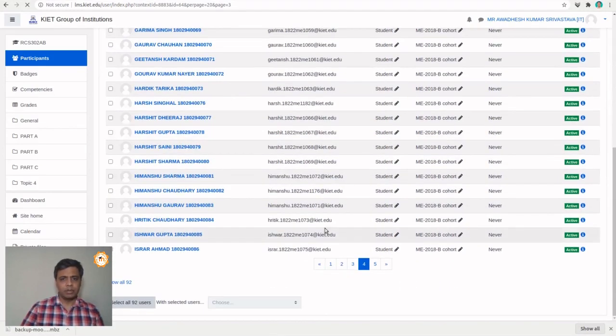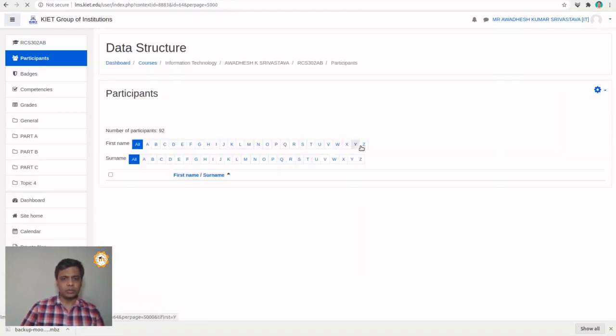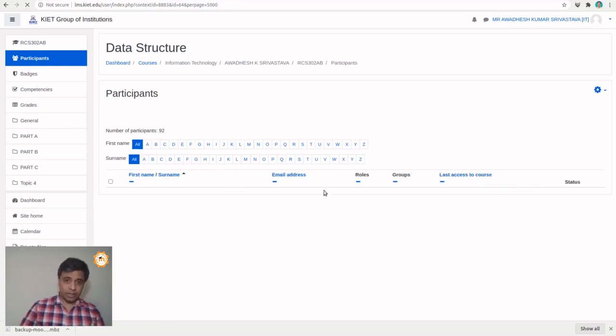If you just click on show all, 92 students, all the 92 students irrespective of their sections will appear here. So you could simply cross check whether you have enrolled all the correct students or not.